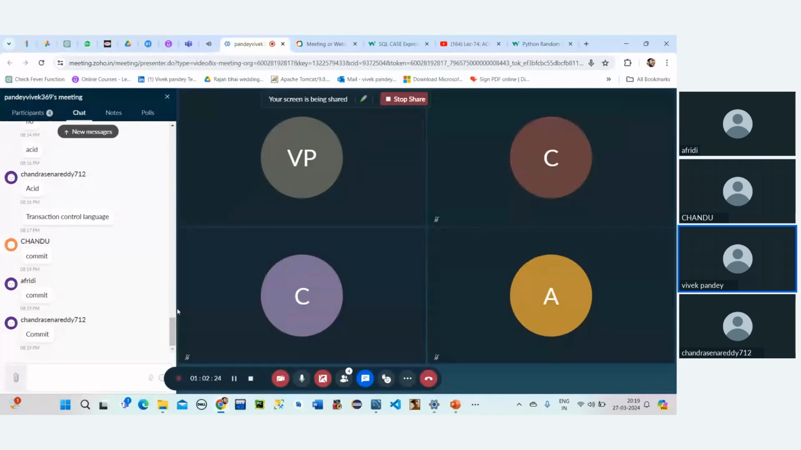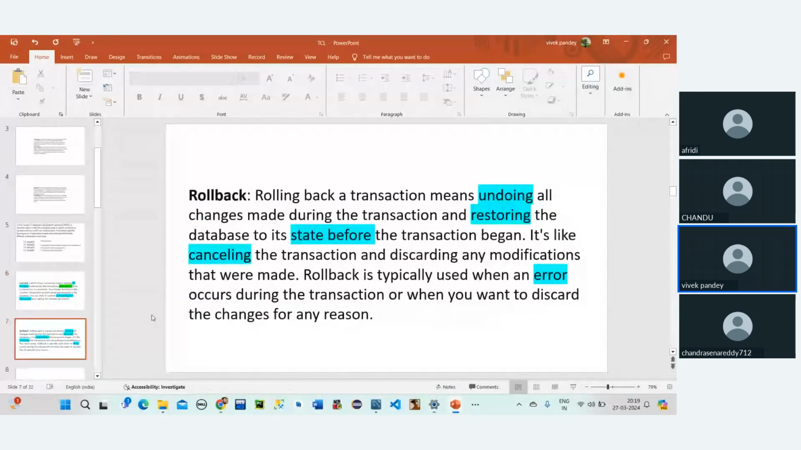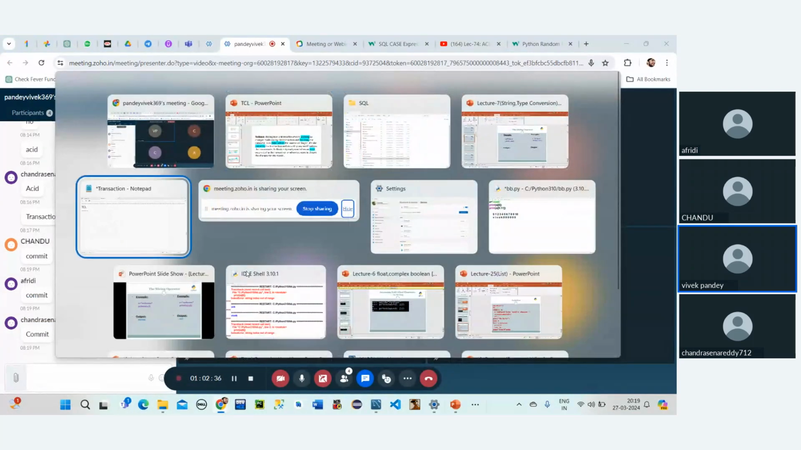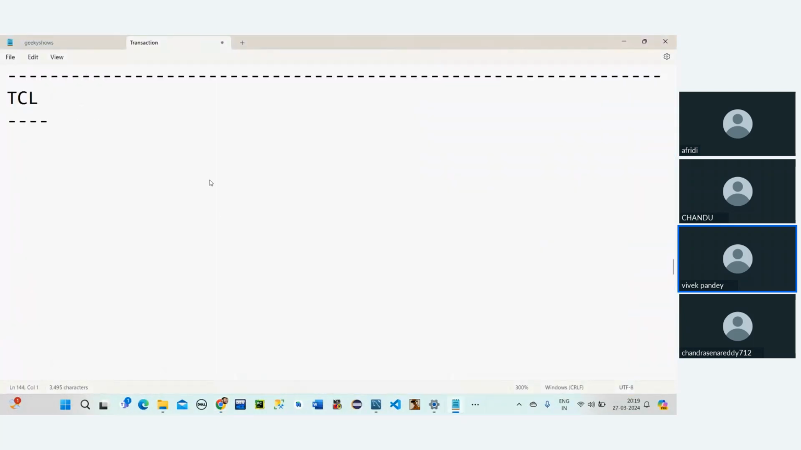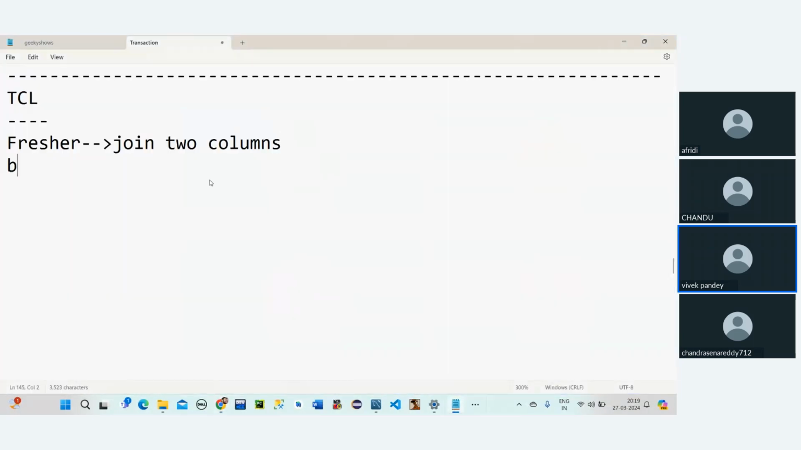Good. Now we are done with commit. After this, we have something called rollback. What is the meaning of rollback, guys? For example, in a company, if you are a fresher, they asked you to join two columns. You are a very new fresher. They asked you to join the two columns. But what you have done is, by mistake, you